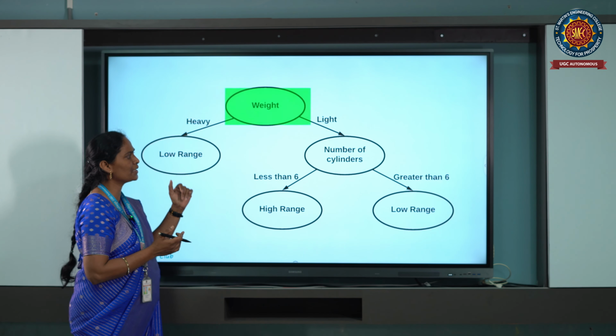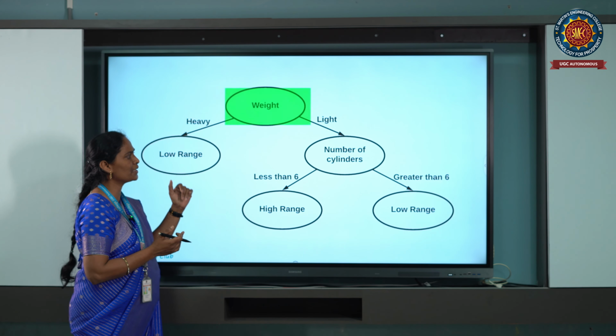Sub nodes are according to the conditions, meaning based on the condition only the data can be derived into the branches. So the branch and subtree can be formed by splitting the tree. And one more we can see is pruning. The pruning process is for removing the overfitting data or unwanted data. Whatever unwanted data is there, we can remove, and the data can be made for better performance. Like that we can remove the unwanted data by using the pruning process in the decision tree algorithm.